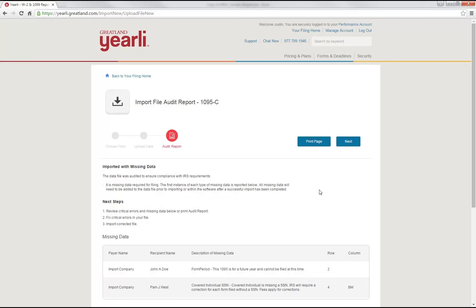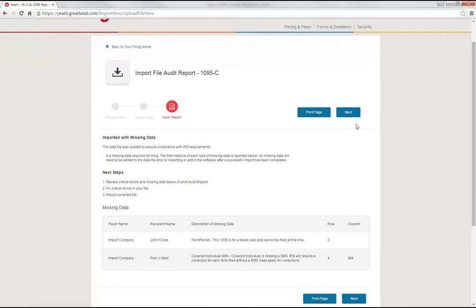And so the purpose is just to identify the first time that we saw that you were missing a data point, and then you'll have to key it in later. And these will get imported, and you'll also be able to print this page before you proceed so that you have documentation of what work you need to do in the data entry step. So when you have done everything that you need to do on this audit page, you can hit Next,